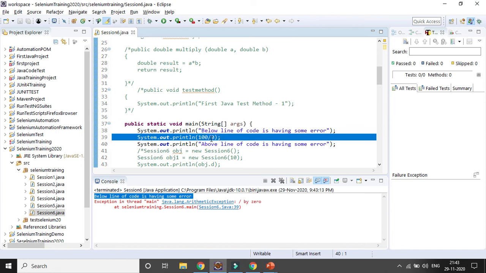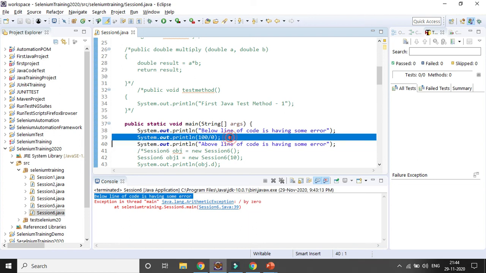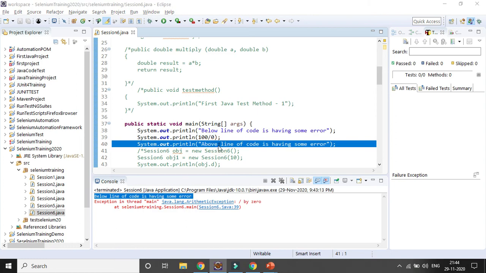So you have to handle the exception. In case you handle the exception, it will be triggered, but your next line of code will also be executed, so your execution will not be interrupted. That is the reason we have to handle the exception, otherwise your program will terminate immediately at that line of code as and when the exception occurs. In case you are handling the exception, your error message will be there, but your execution will not stop, right?